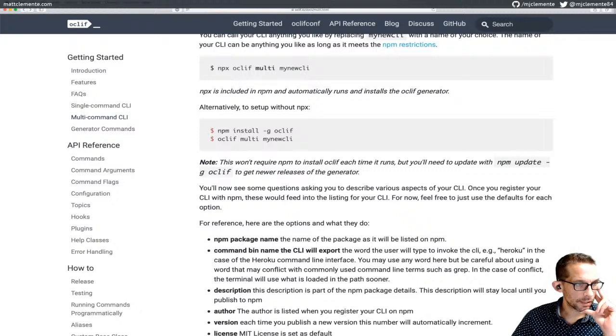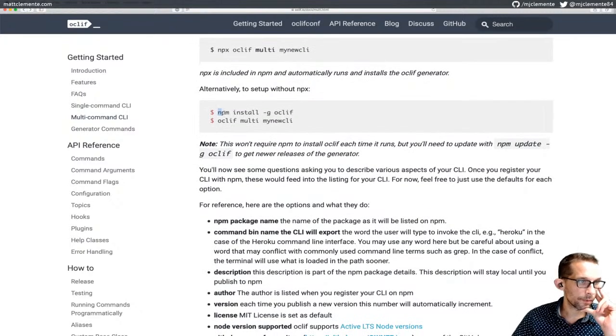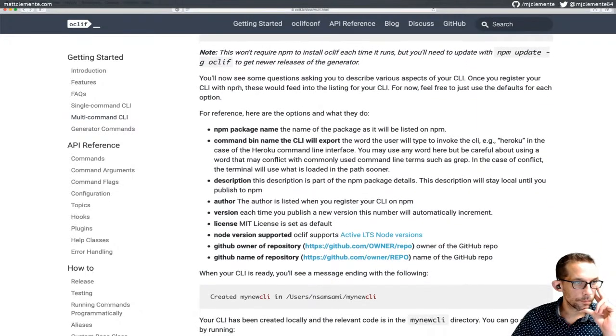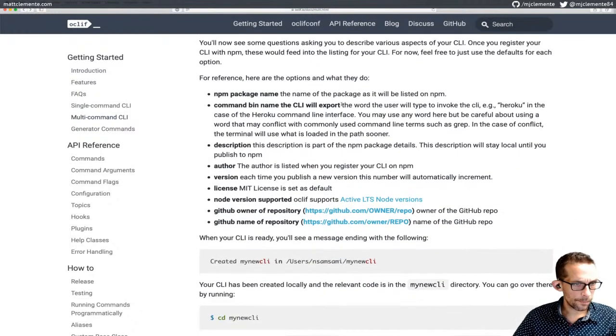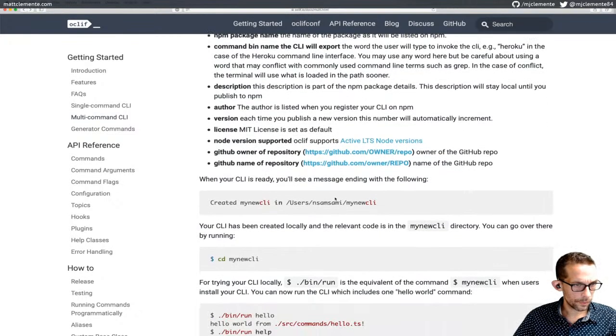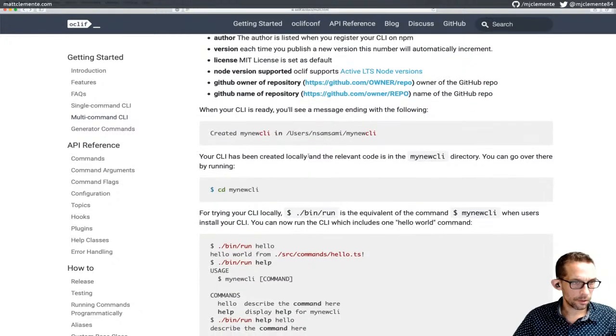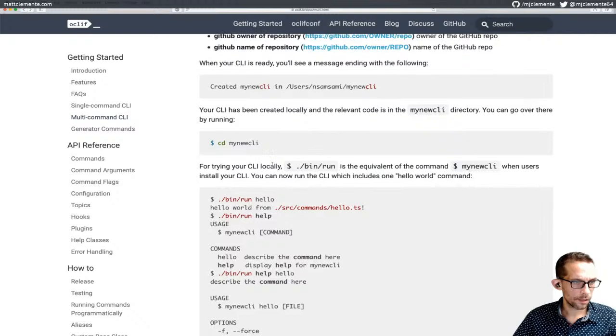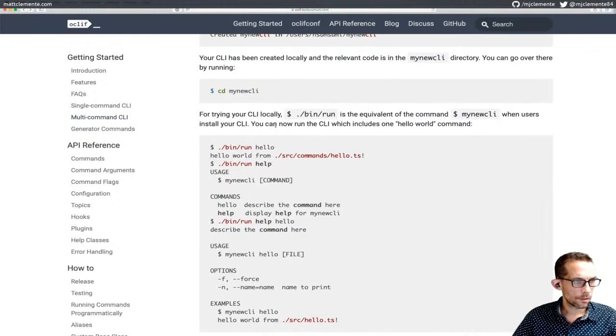We're setting it up with npx. That's fine. So that's how we would install oclif. This helpful docs walking you through these various things. That's very cool. We got the message. Your CLI has been created and the relevant code is in the my CLI directory. So we're in it. All right, so for trying your CLI locally, you'll have to do bin run